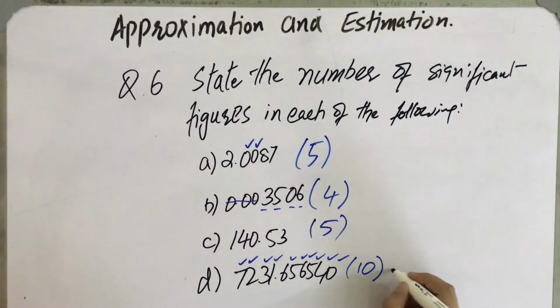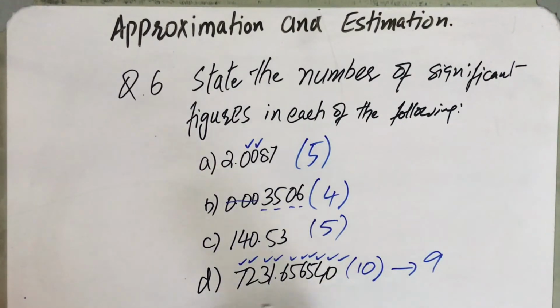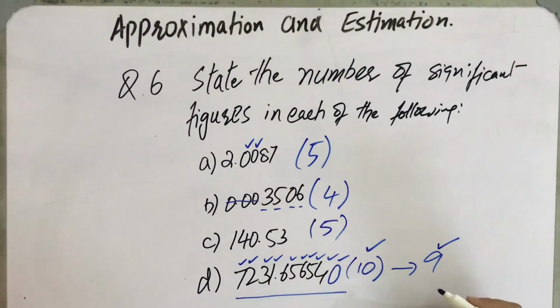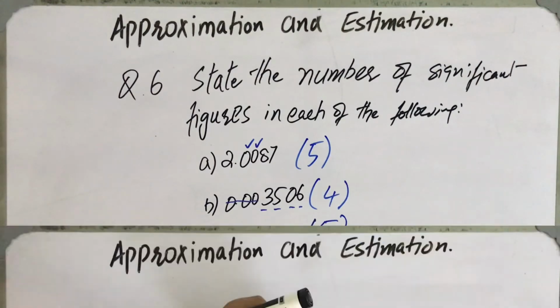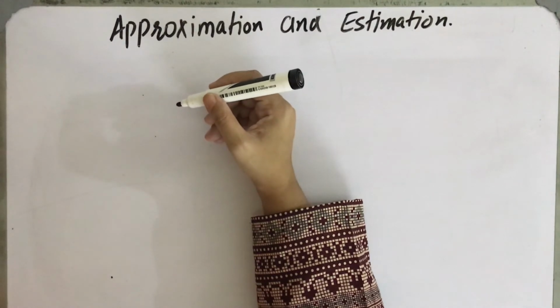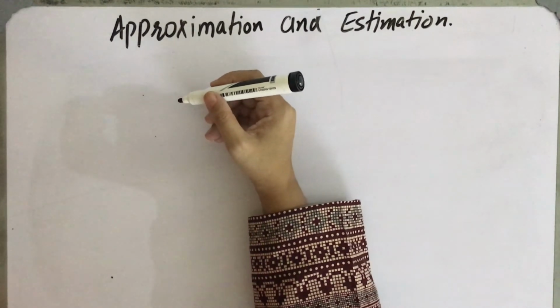You can give the answer as 9 also, because when we write this number on a calculator and add, subtract or do any operation, the calculator will omit this 0. So you can give answer 10, you can give answer 9, both answers will be correct, because this 0 is basically not having any substance here, but it was part of the answer, so you can count it as 10 or as 9. Both are correct. Now we are going to round off a few numbers, or express a few numbers correct to the specific number of significant figures required.